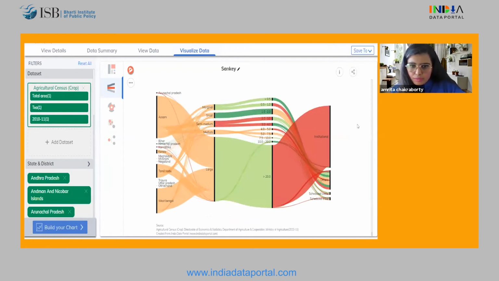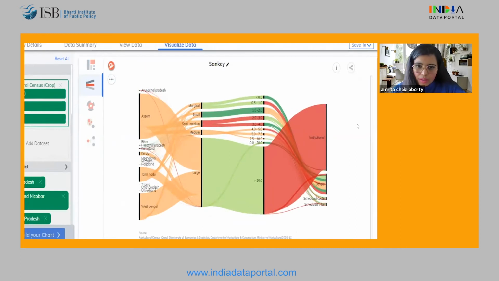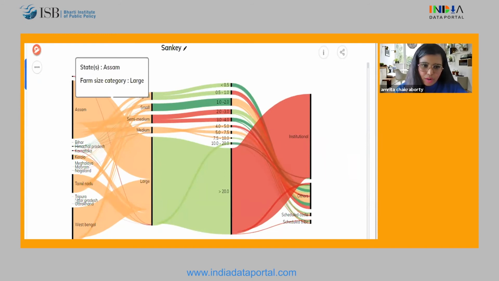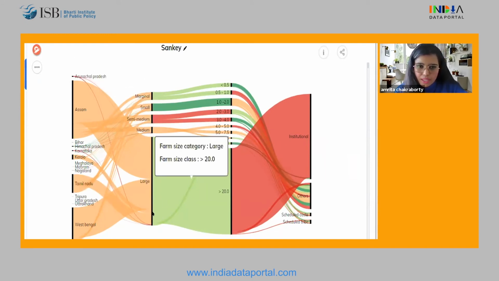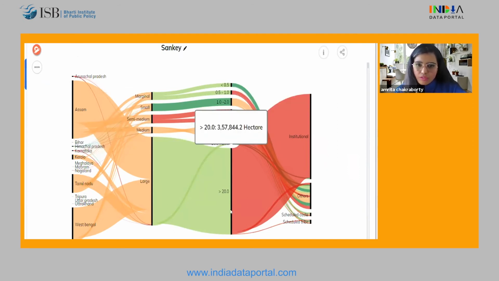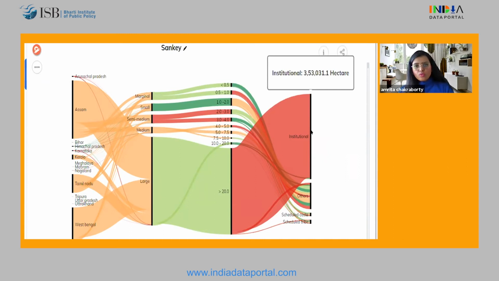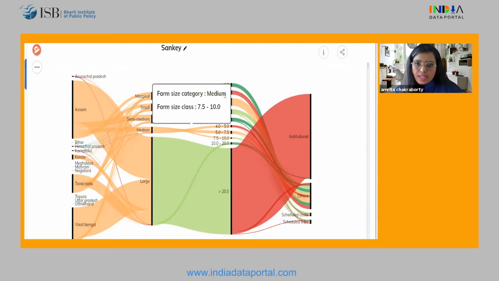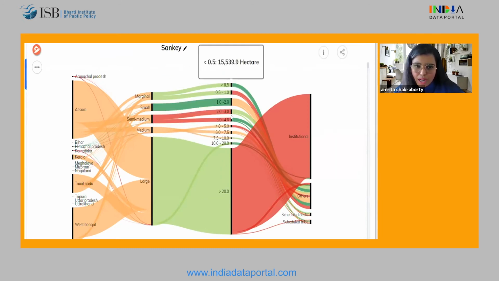So let me zoom a little bit. Yeah. So Sankey is informative in the sense that you can clearly see that tea is grown by Assam and West Bengal, followed by Tamil Nadu. They are produced by the large farm category of a land size of more than 20 hectares, and they are all institutional farmers. So tea is grown by the tea estates or the tea boards. And very few hectares are used by the small, marginal, and medium